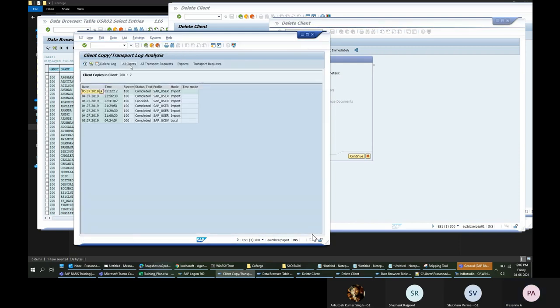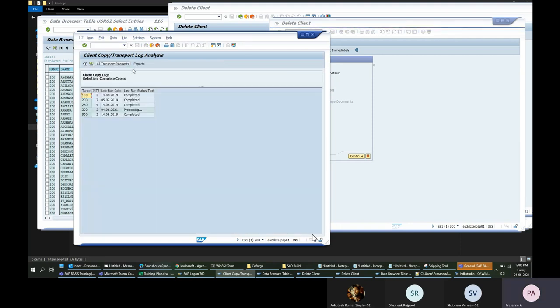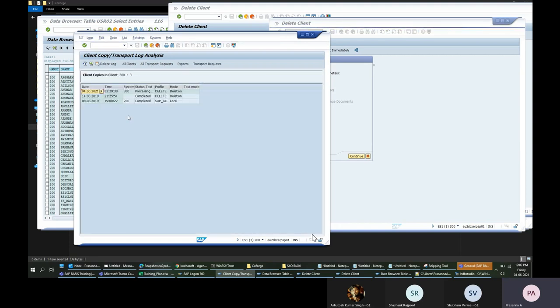Now it is in processing state, this 300 client. The deletion is in progress. So you can see the progress in SCC3.